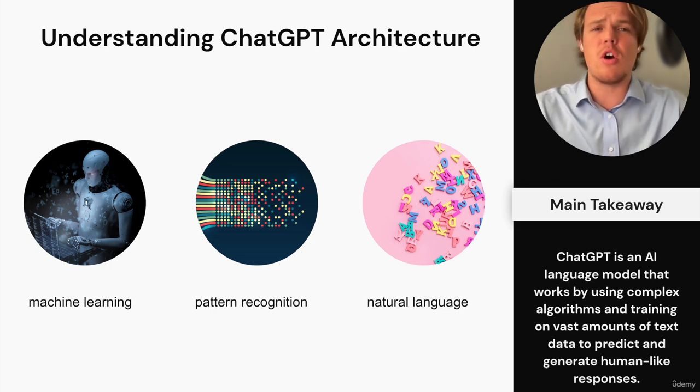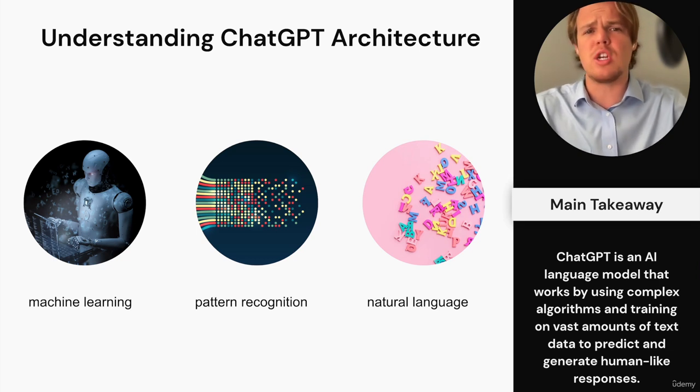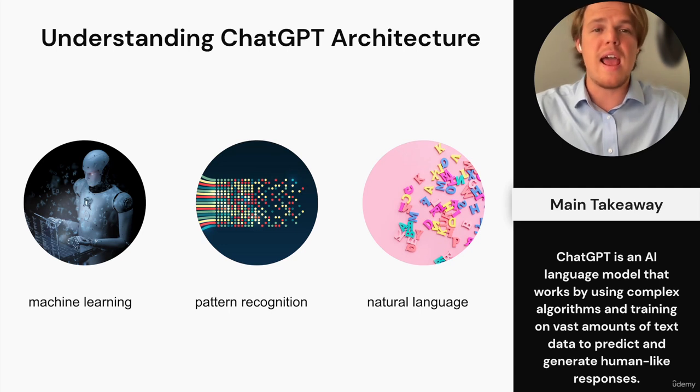The next thing we need to know is that there's pattern recognition. What that means for our specific context is it understands that, hey, humans tend to like it when a caption is phrased like this, or humans tend to like it when a paragraph in an article is phrased like this. It understands based off previous input how to do the next output. And then finally, it is a natural language processor, which is so important for us because that allows us to have the capability to talk to it like a human. Now, saying that you can talk to it like a human, there are still ways to format your prompts and structure the way you want to talk to ChatGPT in order to get the most effective output.